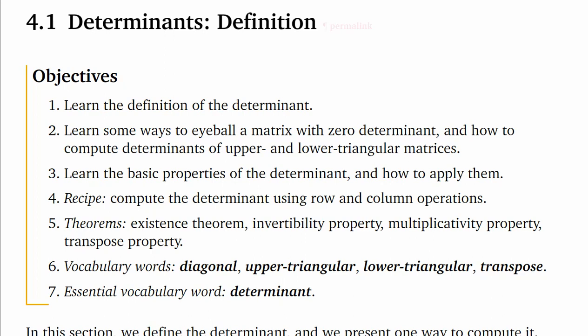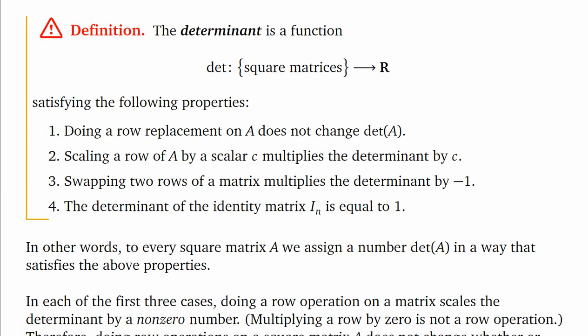Section 4.1 in the Margalit textbook is a big departure from how most people talk about determinants. Most textbooks talk about determinants, and I really love it. What's unique about Margalit's approach is that he says, hey, we're going to create a function called the determinant function,